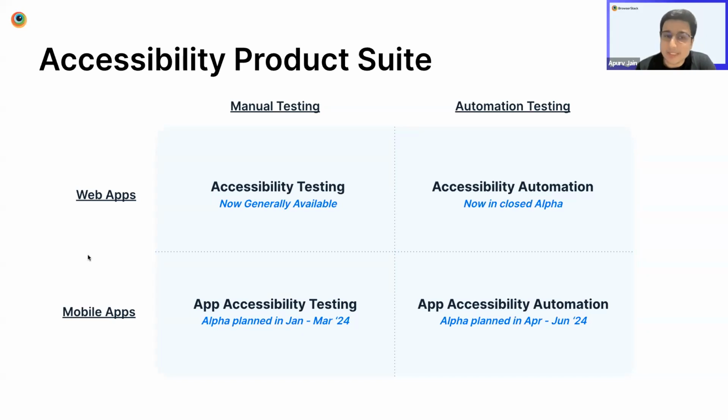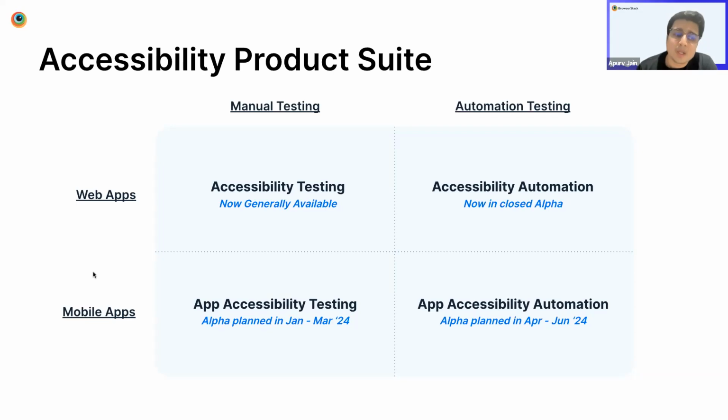This is a product that will be delivered via the BrowserStack SDK. Our vision here is to make it as effortless as possible to integrate accessibility testing into your pre-existing test suites. We want to make it as simple as turning on a single code flag, setting accessibility to true in a configuration flag. We have achieved this in the alpha. If folks are interested, we'll give you the opportunity to join the waitlist. I'll share that link over chat during the Q&A session, and you can sign up and join the waitlist, and we'd love to have you